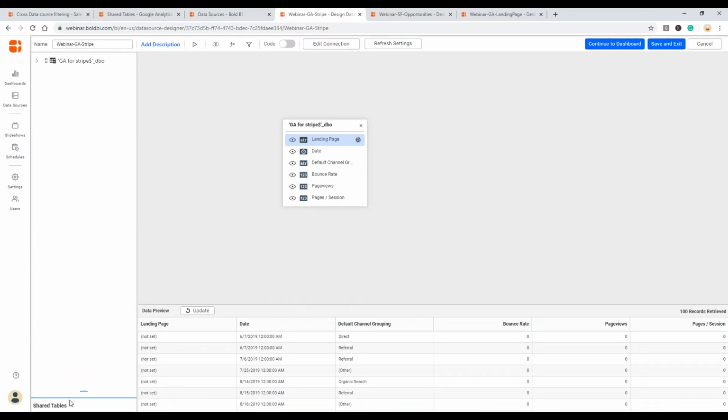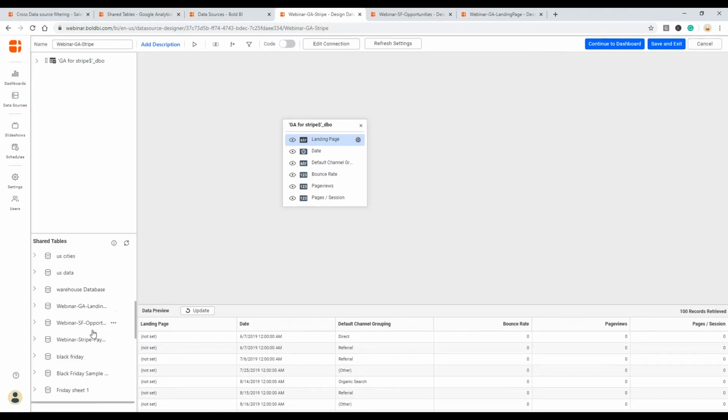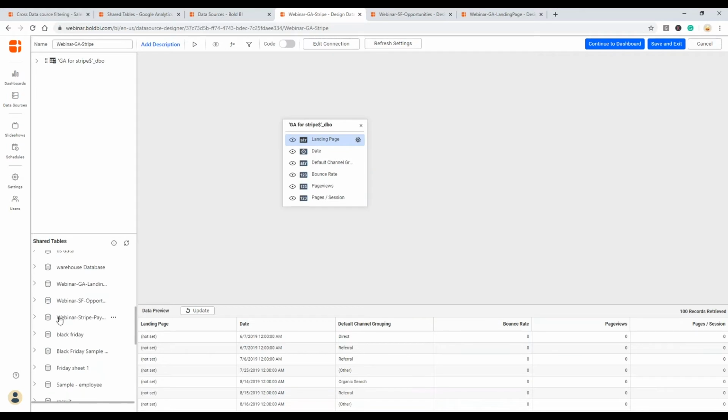So as you see here, you could see the shared tables pop up in this collapsed group bar. Once you expand this group bar, you'll be able to see all the extract data sources. Once again, I'm going to combine the Google Analytics data with the Stripe data. Both these data are totally different, and for our use case, I'm going to combine these two.